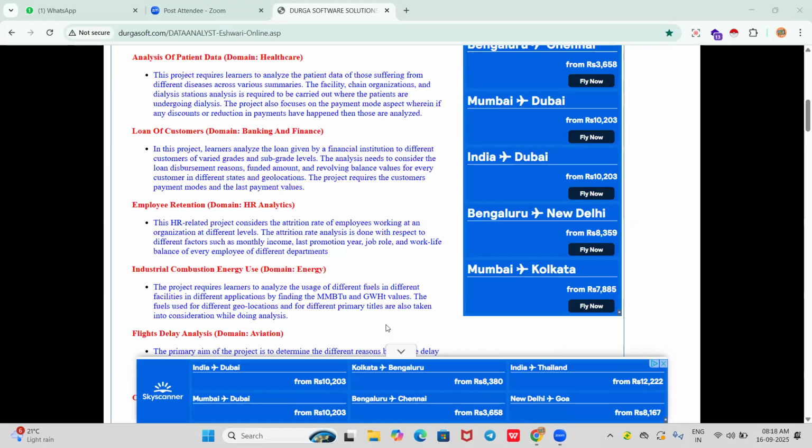Basically, our session starts from 8 a.m. to 9 a.m., Monday to Friday. According to the topics coverage, we may have to connect on weekends also sometimes, with prior notice. Otherwise, Monday to Friday will be our regular sessions. Apart from this, if you have any doubts or questions about the domain data, we can discuss it now.